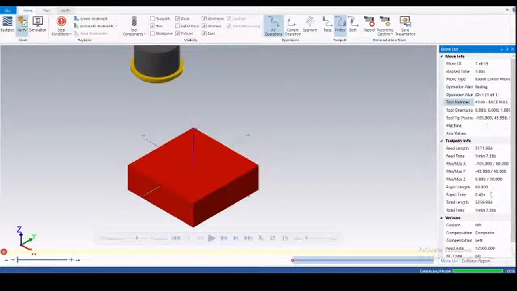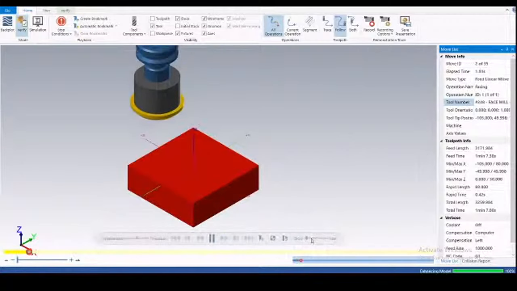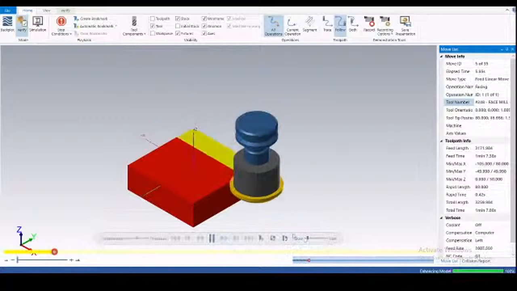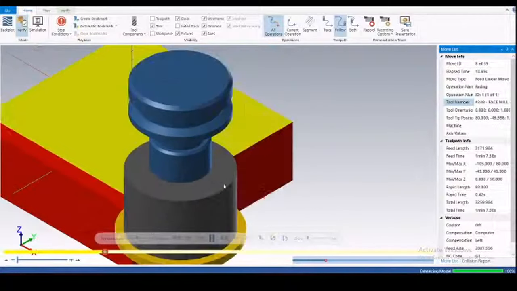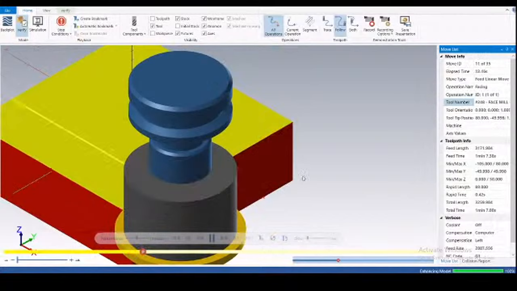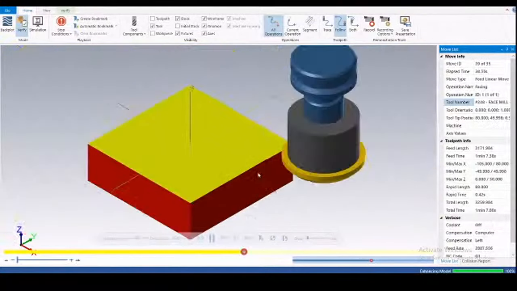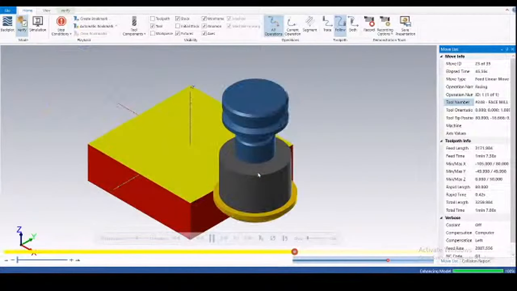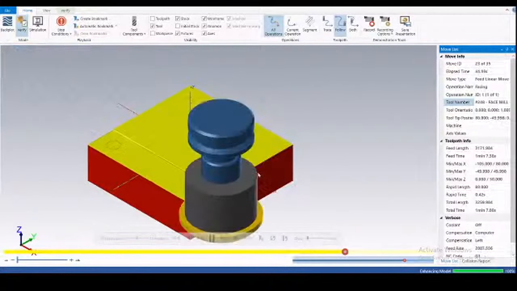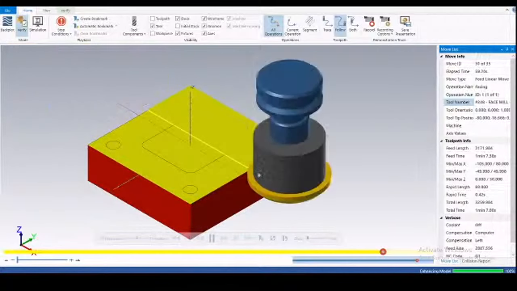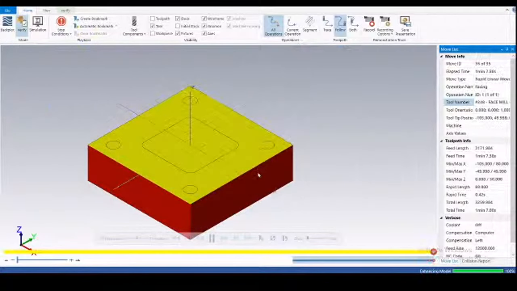There are various types of information that you will get. This is our simulation window. Let me start the operation. As you can see, the tool is coming downward and cutting as per our given depth of cut and cutting method. So this is it for the facing operation.